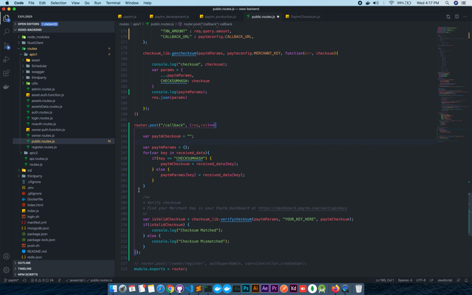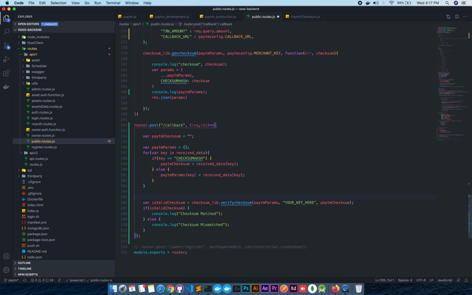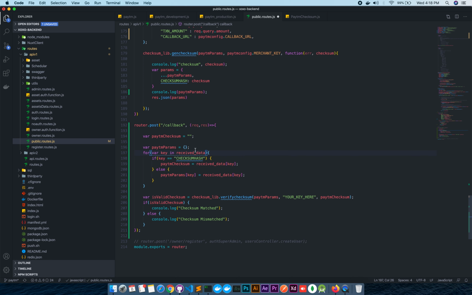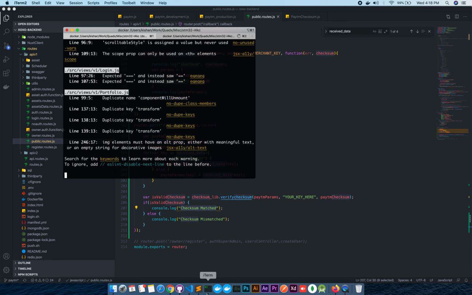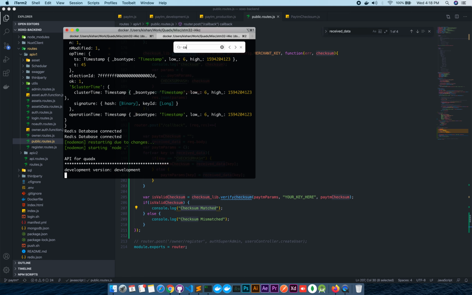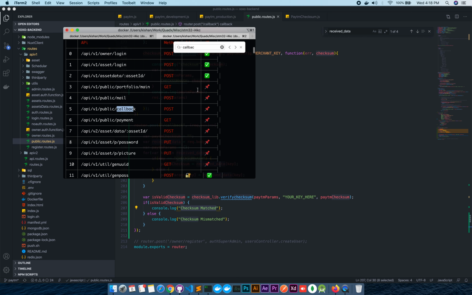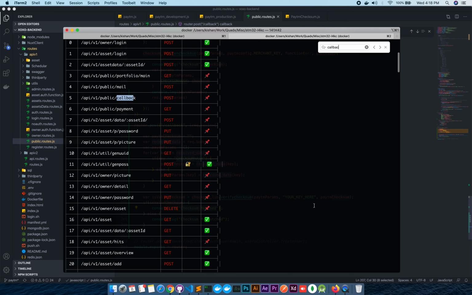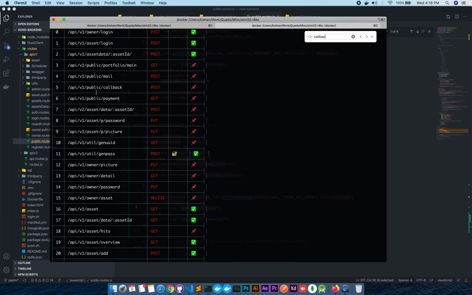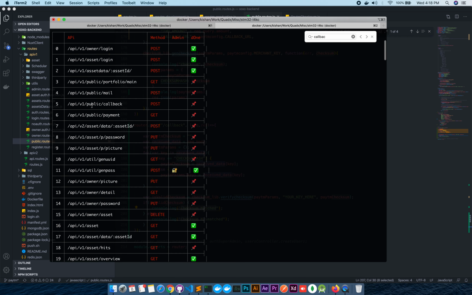Okay, so now we have the checksum, and we will get all the details, like this is the received data. For received data, we just require receivedData equals request.body. Everything will be available in the request.body, and then we will just print that part. So what is the API for that callback? I have implemented this table, so I can see which Express API has been written in the code. It is very easy. Please mention in the comments if you want to see a tutorial on that also. So this one is our API.